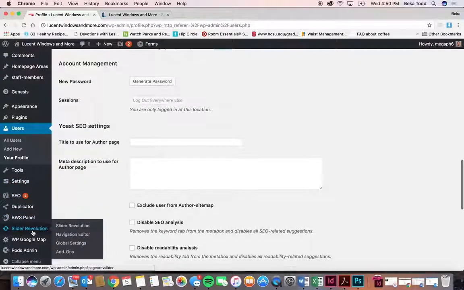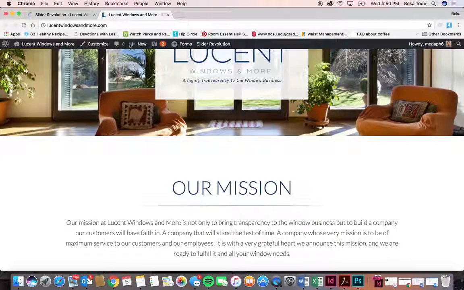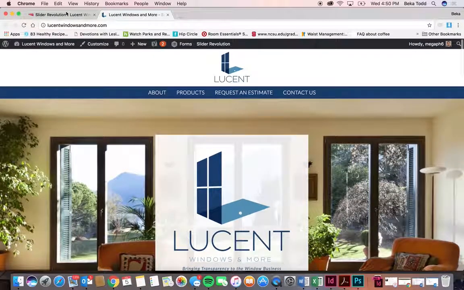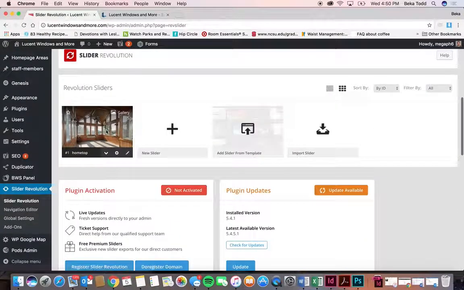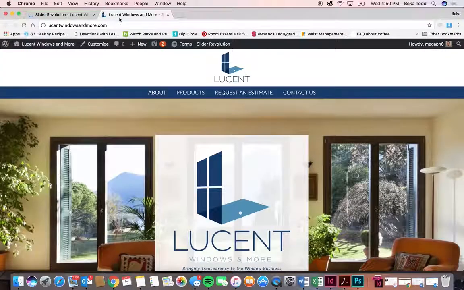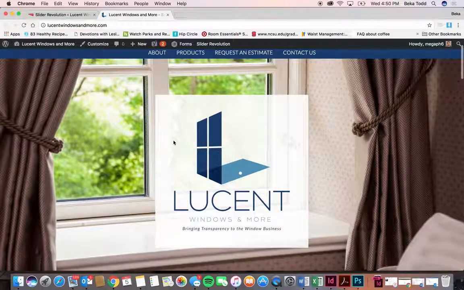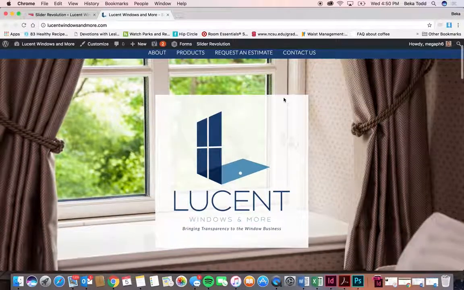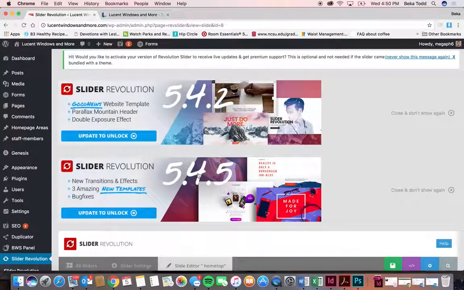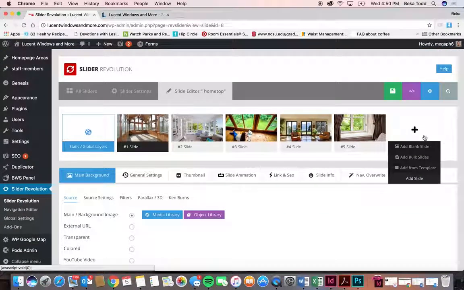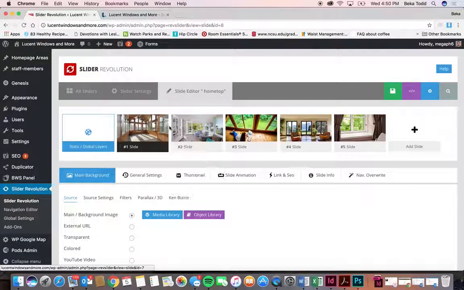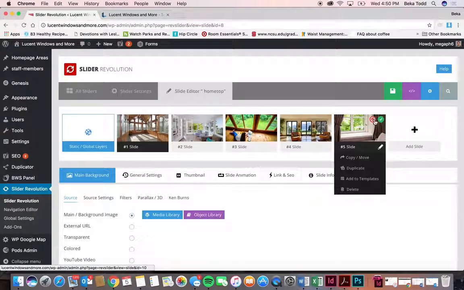The next thing that you would be interested in is Slider Revolution, and that's what creates this slider at the top here. And so what we've got on here is a static layer, and so we've got pictures sliding through the background and then this over the top of all of them. So if you ever want to add a new photo, if you want to keep these here and just add a new one, what I would do is